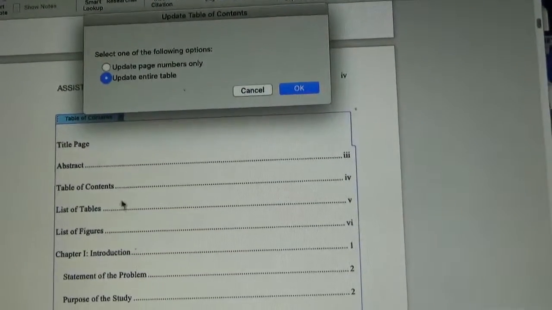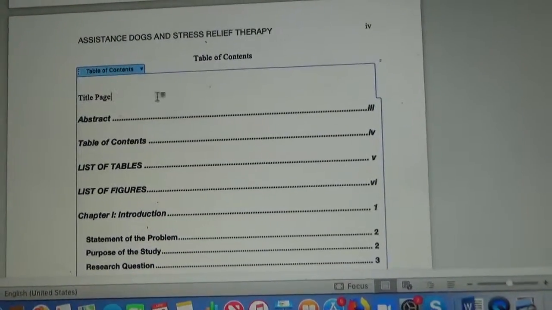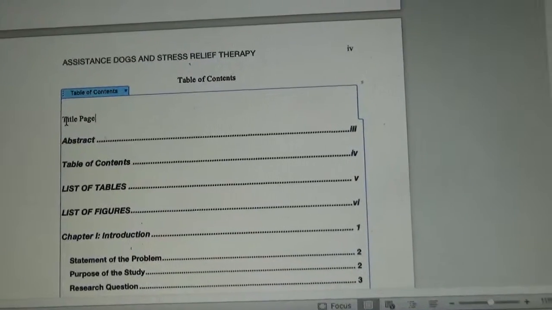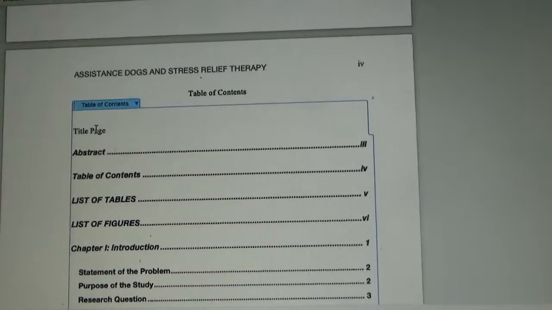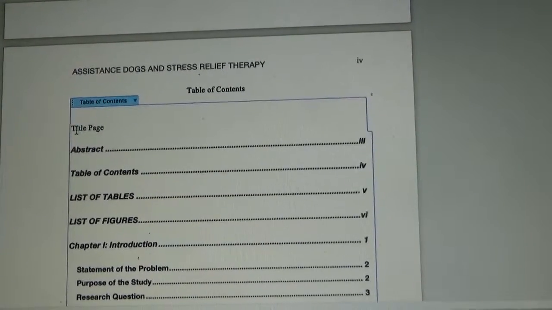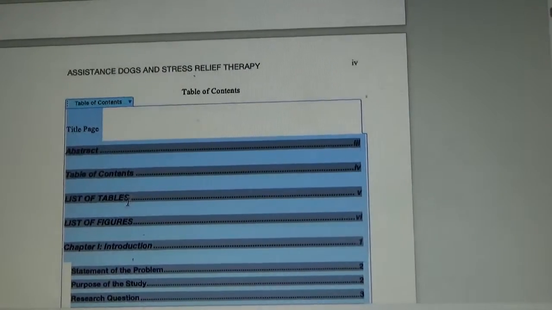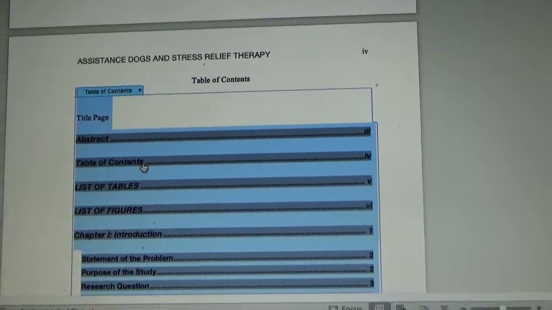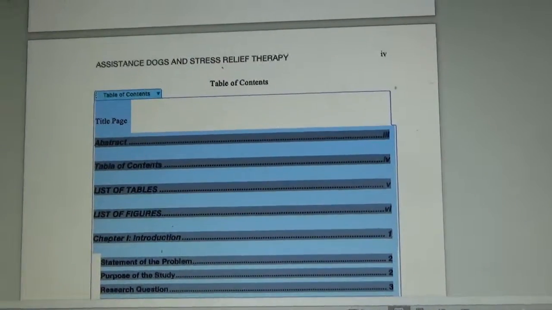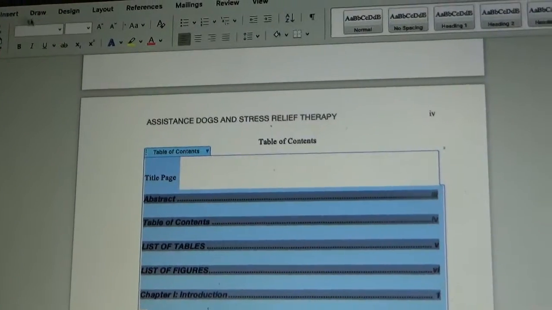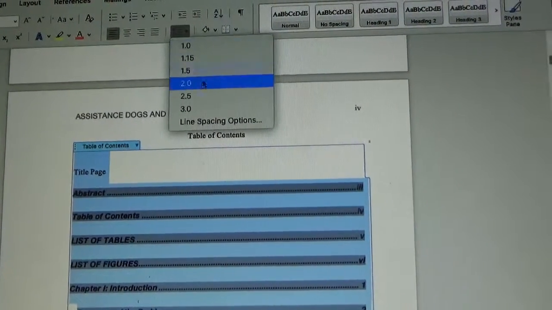So see all my formatting? You lose it all. By the way, this originally said table of contents. I changed it to title page, so that title page would be in there. So what you've got to do now is click in here and then scroll down, swipe down, so that you select everything. Then go to your Home tab, and this is where you can change your double spacing. You have to double space it back again,